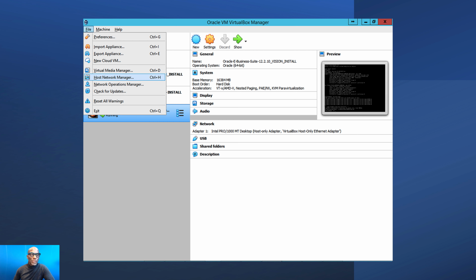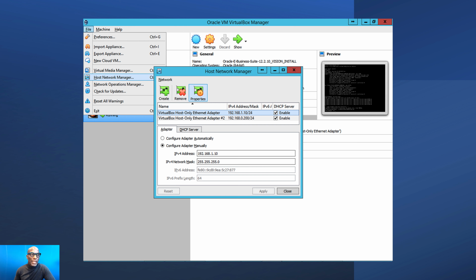So next you want to go into your host network manager. We just want to check a few things in the standard setup that you have. I just want to point out a few things to you. So the first thing you want to do is create what is called a host only adapter, or you want to amend one of the existing ones. So to do that, you just select File, Host Network Manager, and the adapter that I'm going to be using for my own installation, or that I've used for my installation, is called the host only,